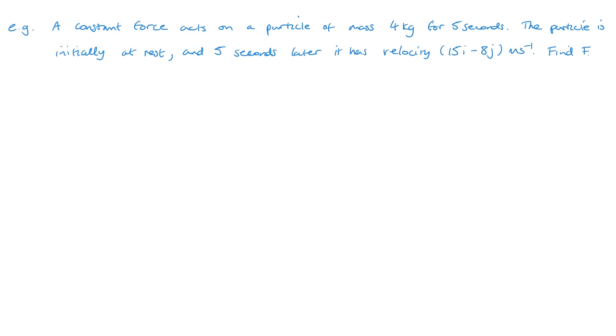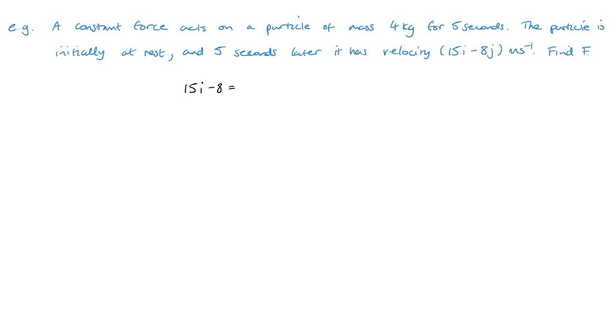Okay, the next one is an F equals ma question. Okay, so we've got a constant force acts on a particle of mass 4 kilograms for 5 seconds. The particle is initially at rest, and 5 seconds later it has a velocity of 15i minus 8j. Find the force. So its final velocity of 15i minus 8j